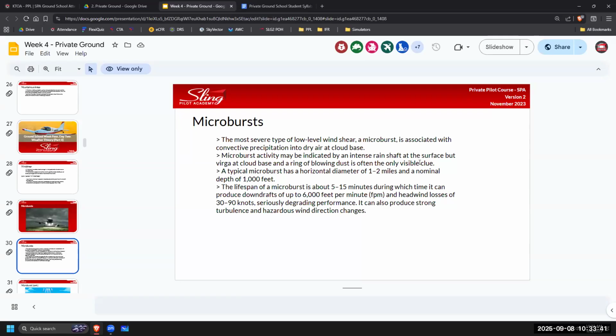Reddit says microbursts are extremely rare, so I don't know what the answer is. I would guess not that common because you don't hear about them especially a lot. And I don't think the amount of accidents from a microburst has a lot reported. I'm gonna look up that too.